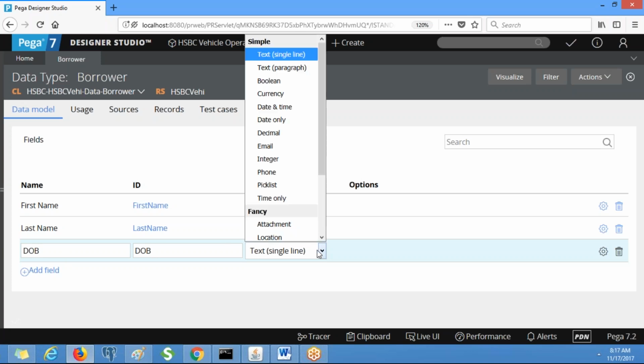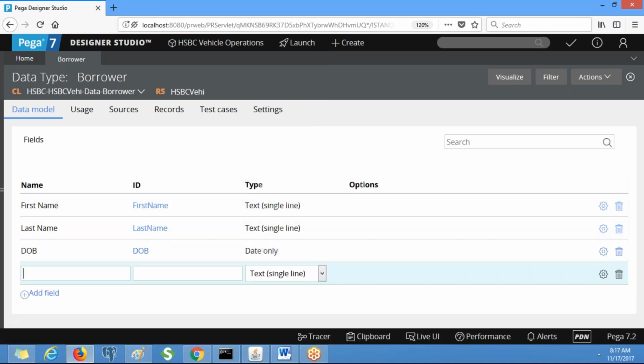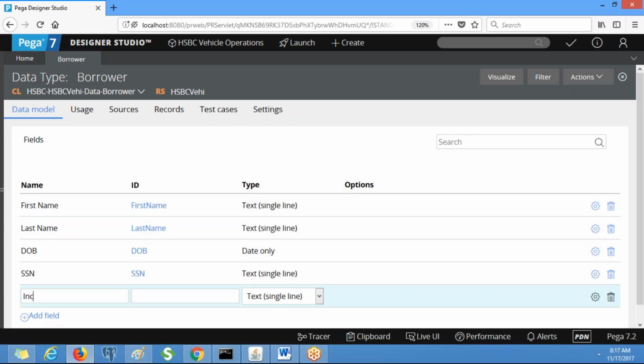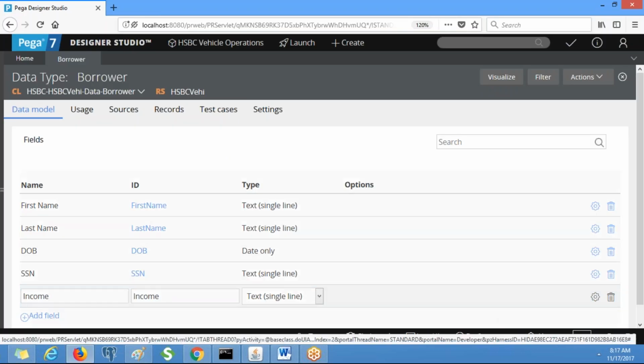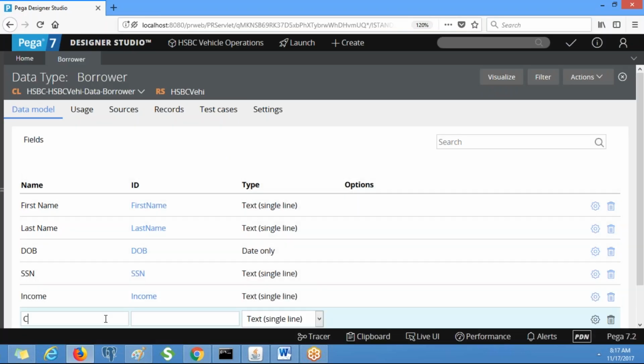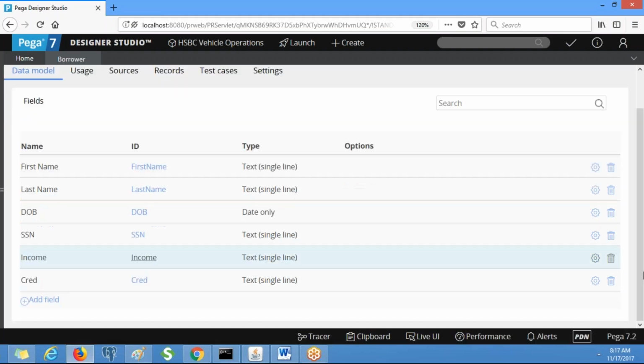Date of birth is date, date only. SSN, social security number, income, credit score. Yeah, sorry, income should be decimal, okay.